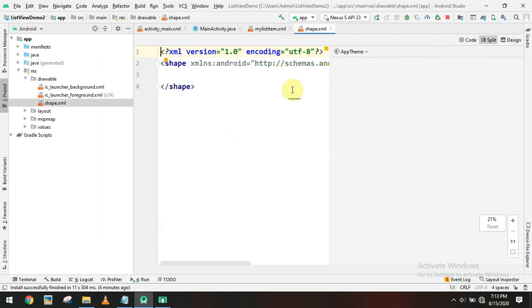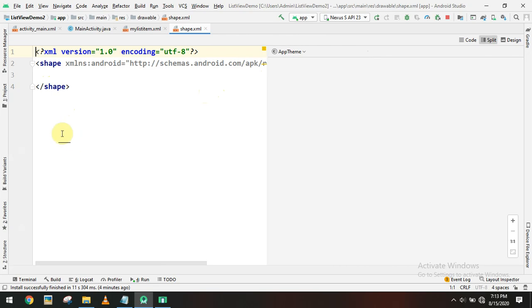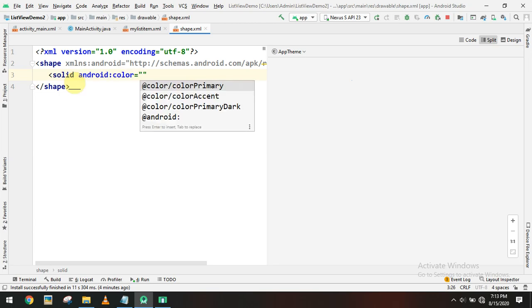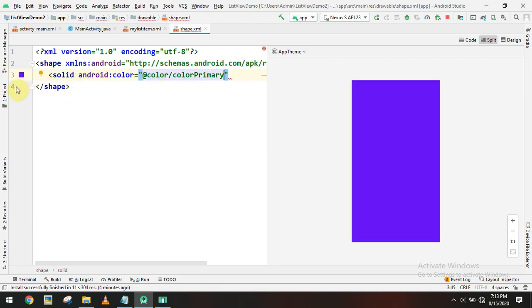When you give OK, another XML file will be generated inside the drawable folder. So this is a shape XML design. Inside we can set the background color. To set the background color, we have to use a solid tag, and we can set the color also.